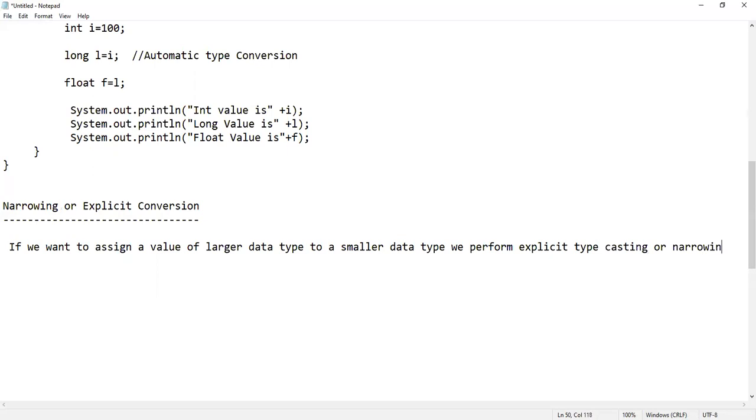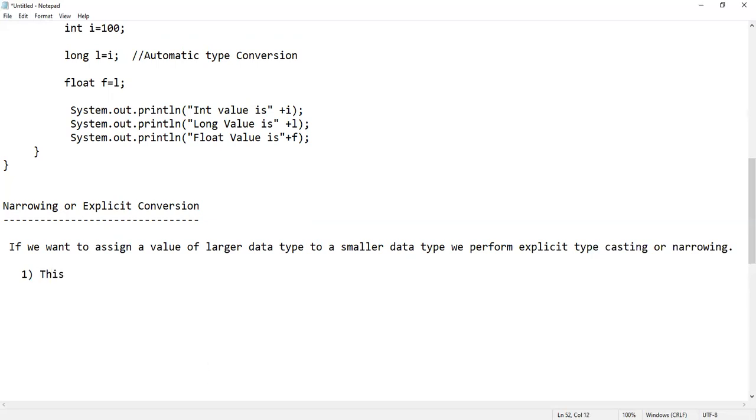Here, I assigned a smaller data type value to a larger data type, so it became automatic type conversion. If I want to assign a larger data type to a smaller data type, it is called explicit type casting or narrowing. Is this possible, and if so, what things do we have to consider?